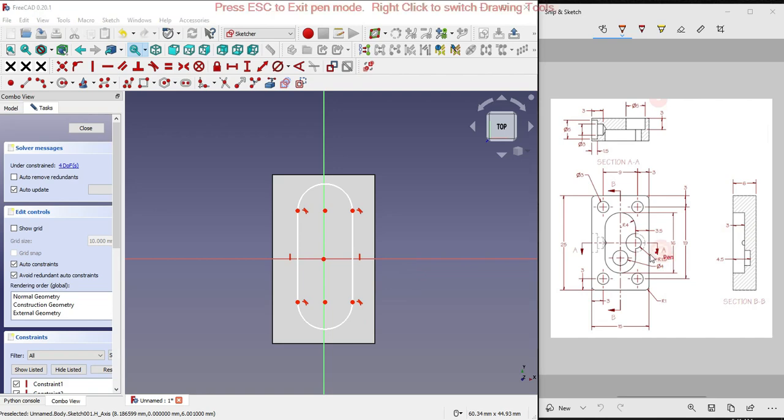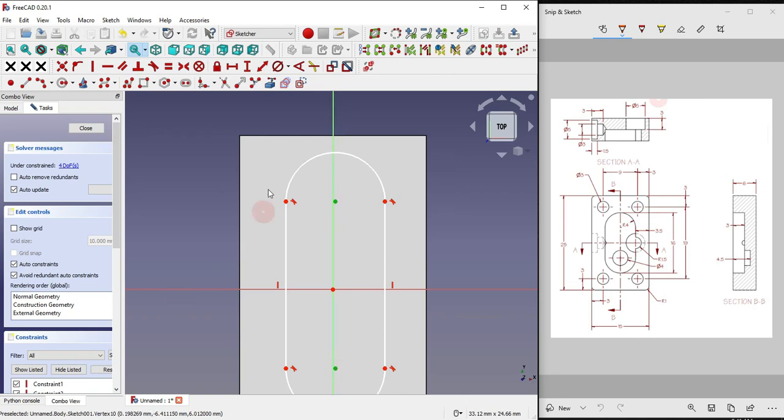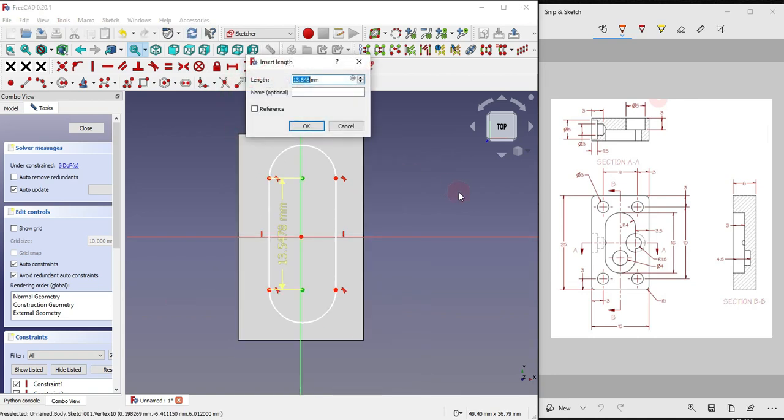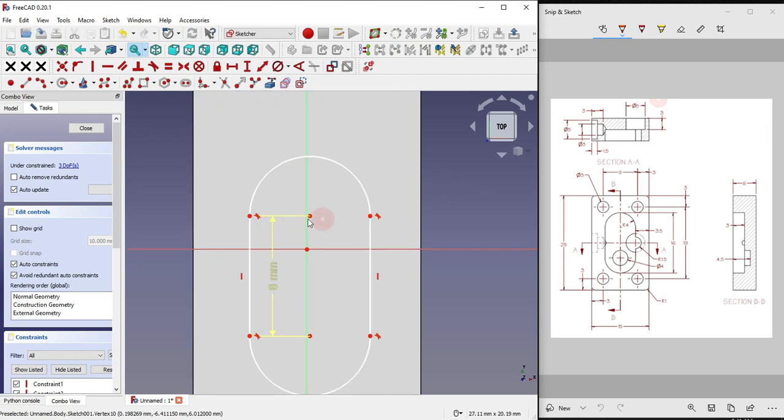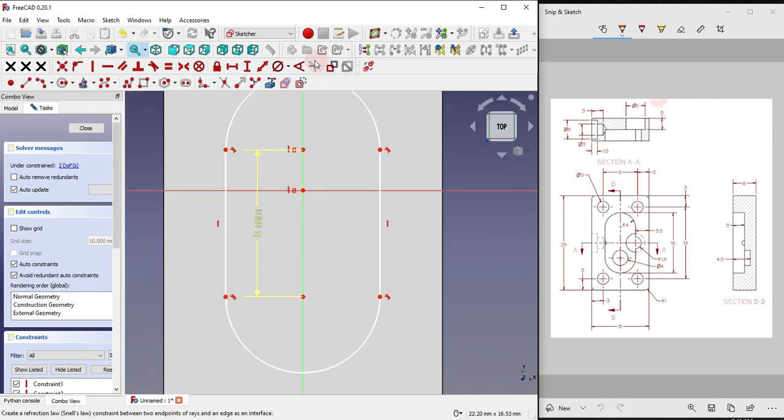Now we can see here the total length of the slot is 16, and here is a radius 4. So 4 plus 4 is 8, 16 minus 8. So center to center distance will be 8 mm. So I will select this point and this point, and I will provide the dimension 8 mm, but this should be in line with our origin point. So I will select these 2 points and I will say vertical, and